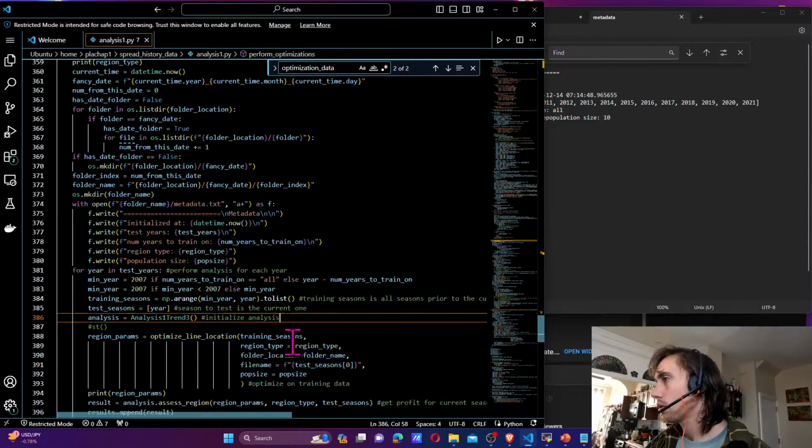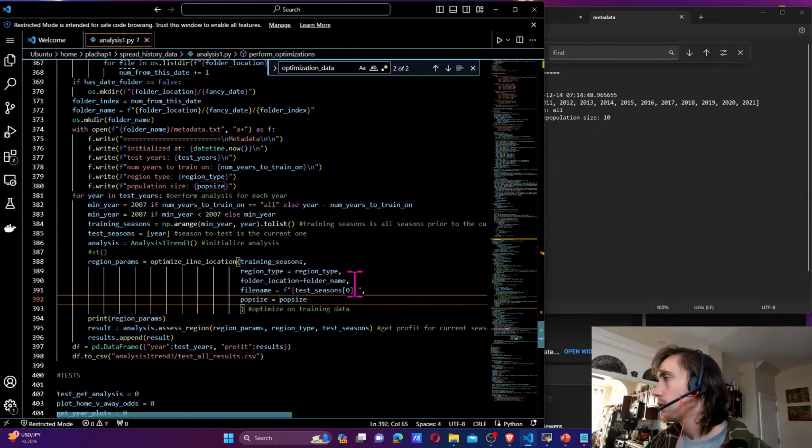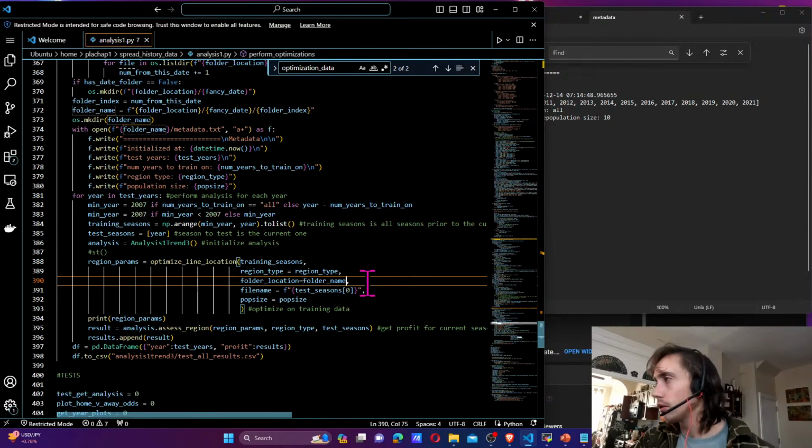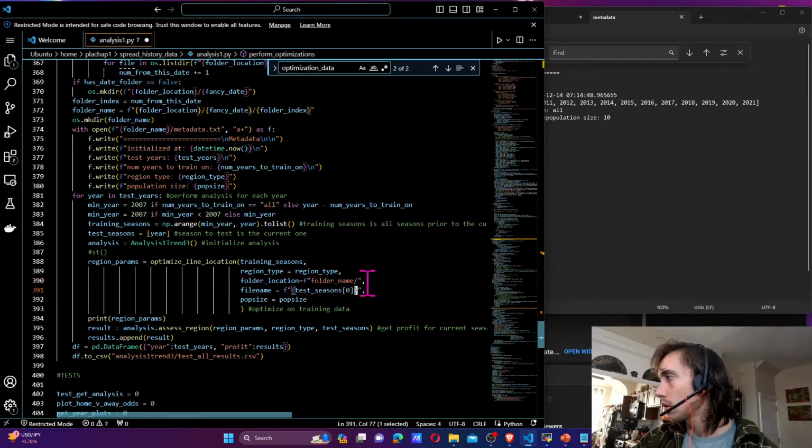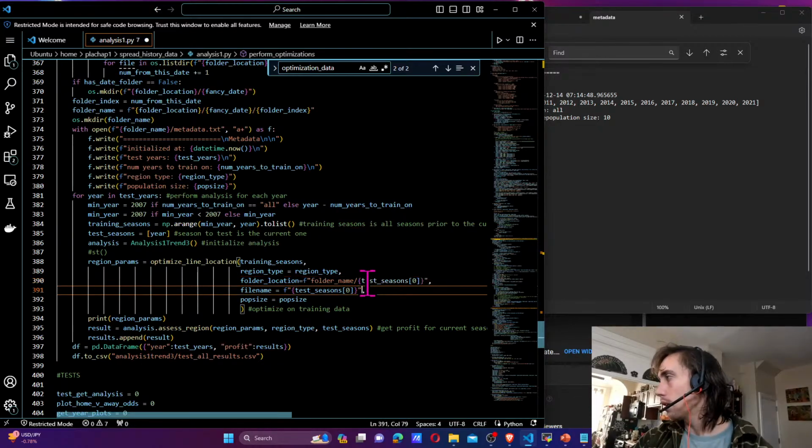So folder location, instead of folder name, it should be f of folder name slash this. And then down, file name should just be